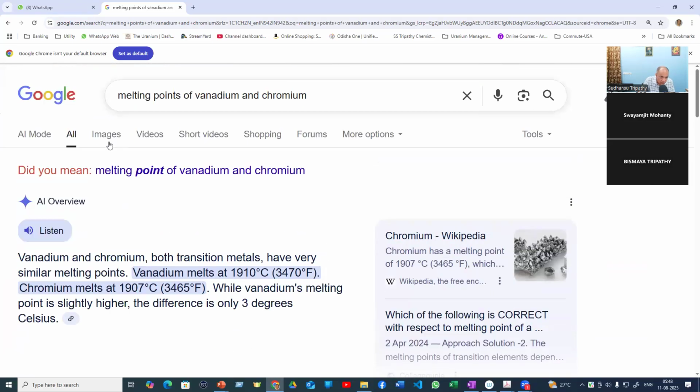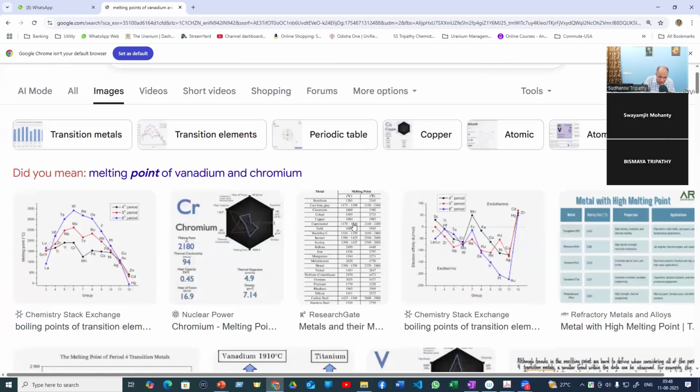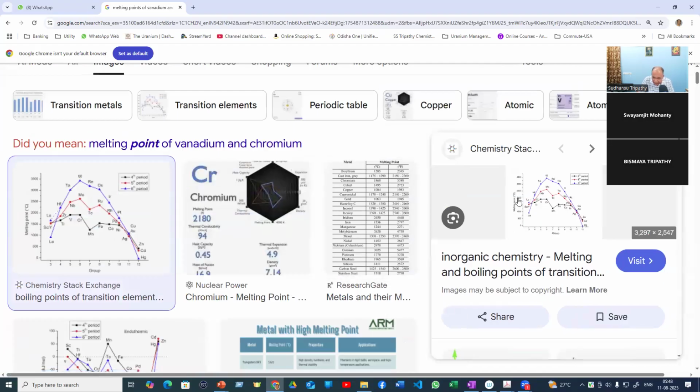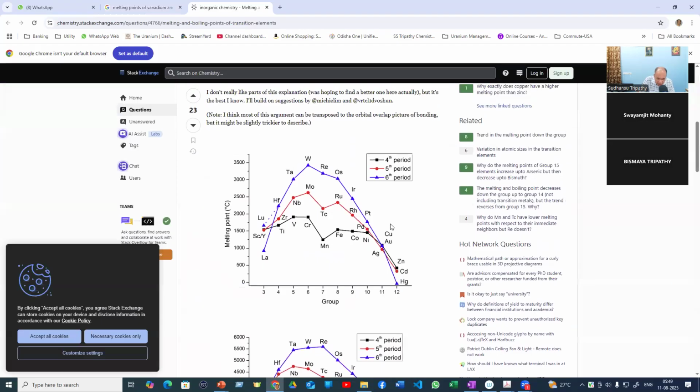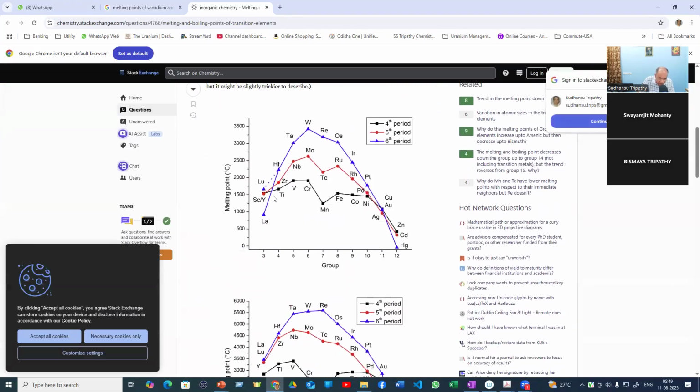And if you look to images, I don't know whether this comes from the same source or a different source. Lanthanum is a different source. So lanthanum, if you look to the scandium, it goes on decreasing. Scandium, then yttrium, okay, going down. This is the second, this is the first. So scandium